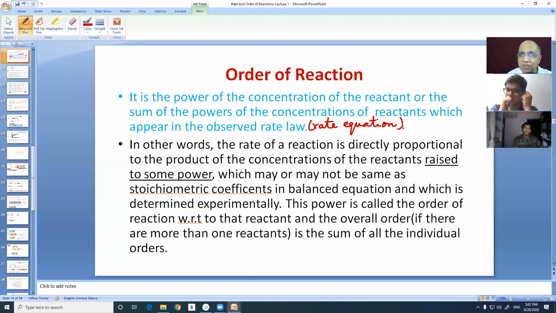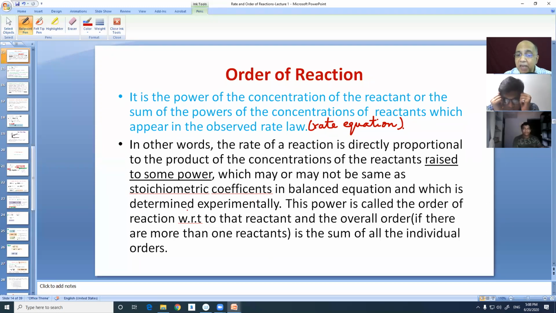I'll tell you, as we travel in this journey, we will be unraveling several mysteries of chemical kinetics. But in most cases, you find that the stoichiometric coefficient is different from the power that we experimentally find in the study of kinetics,